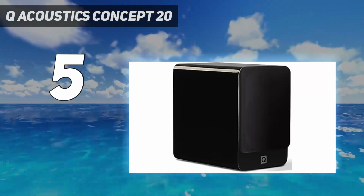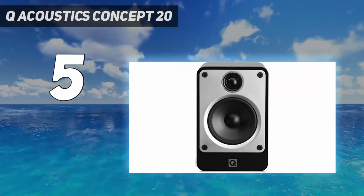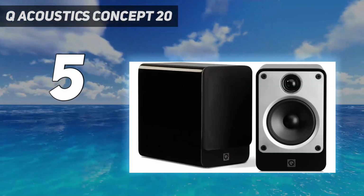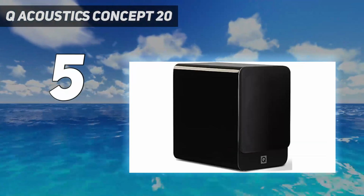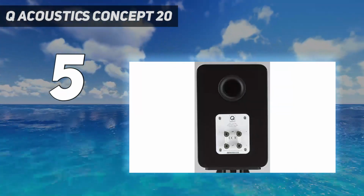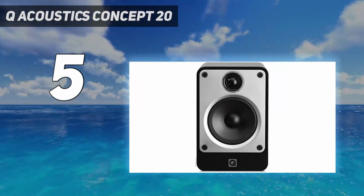What could be seen as a pro for some and a con for others, the Acoustics Concept 20 speakers are passive and require an external amplifier. For audiophiles, this is a great excuse to drop even more coin on a high-fidelity amplifier to get the best possible sound out these already great speakers. For casual listeners, however, it can be an inconvenience to worry about amplification with what should be small and discreet